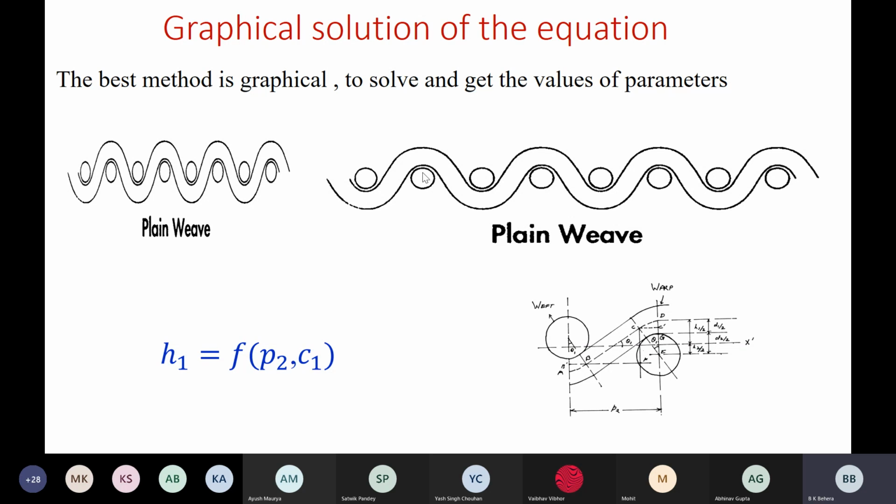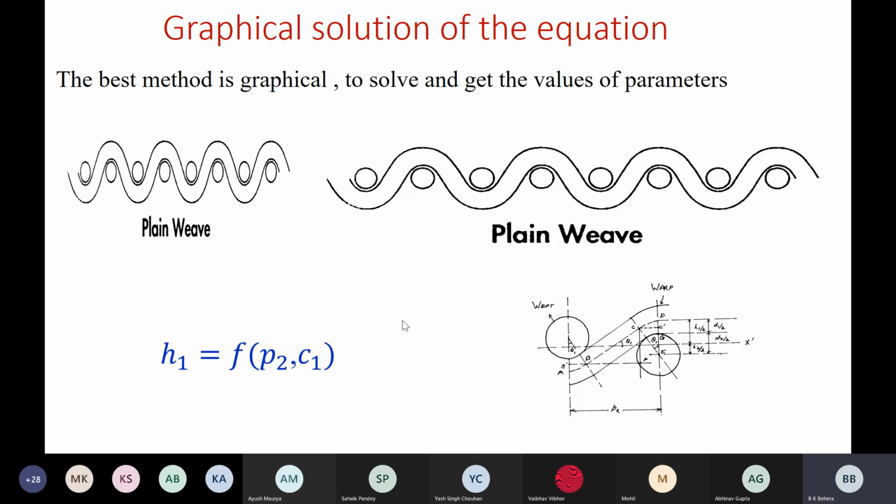What is the force exerted by warp yarn over the weft yarn? And it changes many properties of the fabric, apart from the change in cross-sectional shape of the yarn, because our yarn is circular in cross section, compressible and flexible. If it will exert more pressure, the cross section of this yarn will be changed. It will no more remain a circle. It will be flattened to a different shape. So these are the things we have to think, and which will come in subsequent classes.